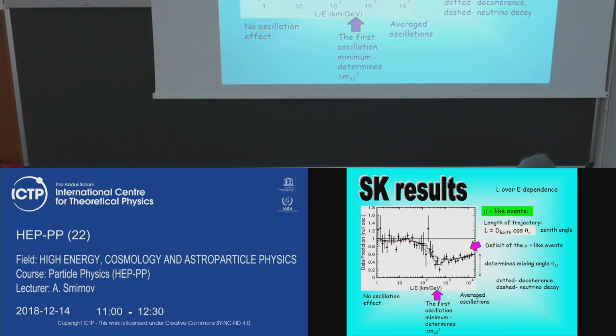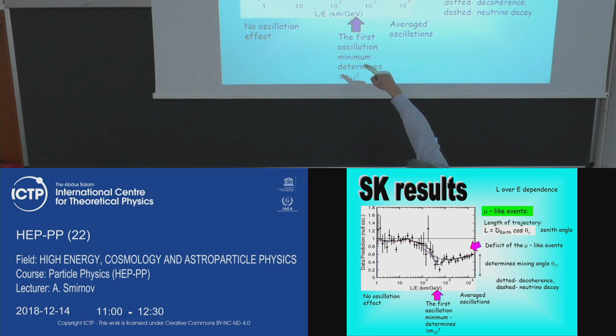This is the Super-K result. I explained this dependence, but just to remember, these are real data, and this is what the Nobel Prize was given for these measurements. So you see here data or predictions as a function of L over E. This is the distance the neutrino travels over the energy of the neutrino. And what you see here is